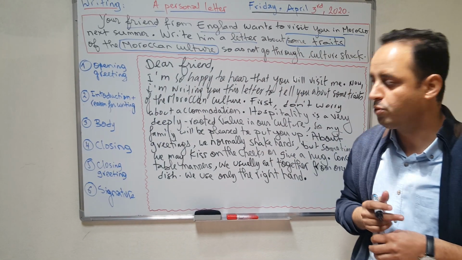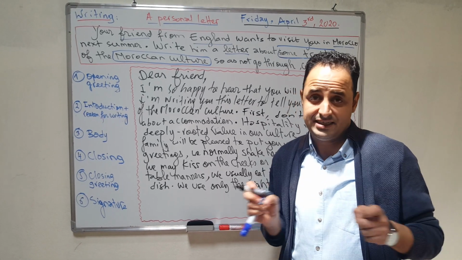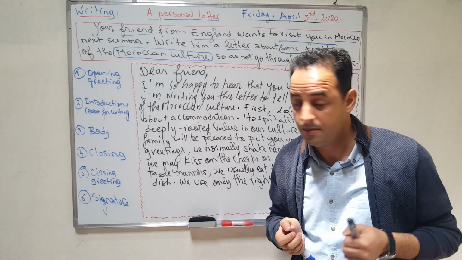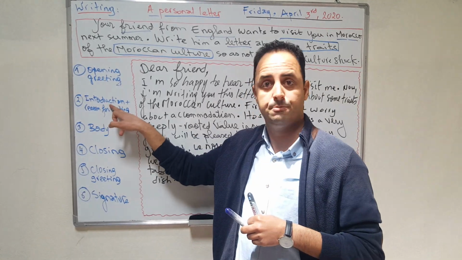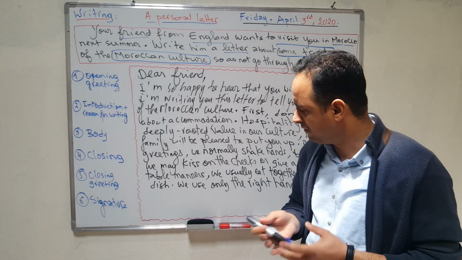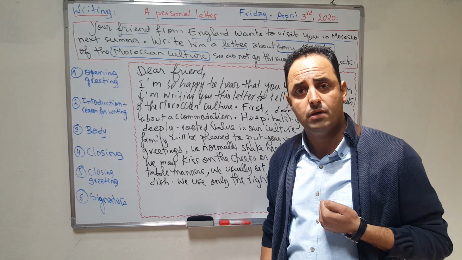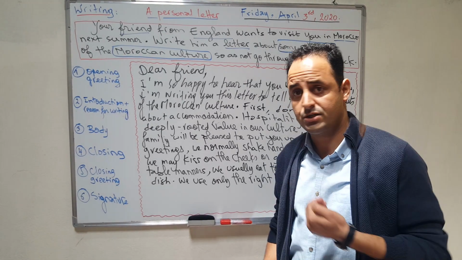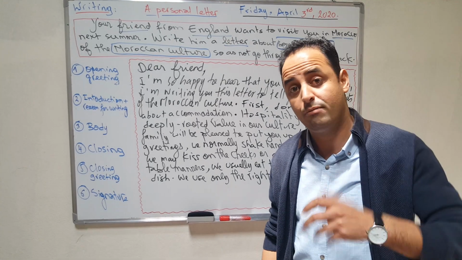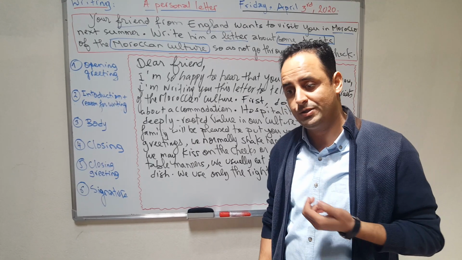Now we move to the fourth one, which is closing. Closing, I'd like you to write a sentence that shows that you have come to the end of your letter. Just as in number 2, introduction, a sentence that shows that you are beginning the writing. I would say, for example, finally, I hope this letter would help you, help relieve your panic about the visit, for example. Or you could tell him,